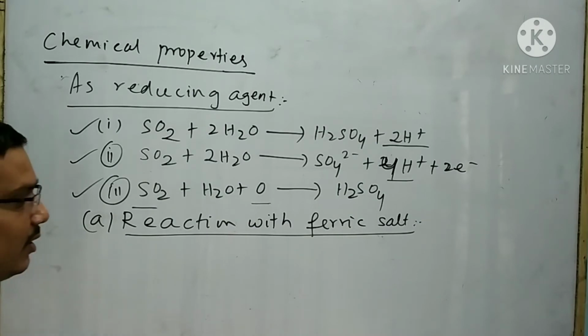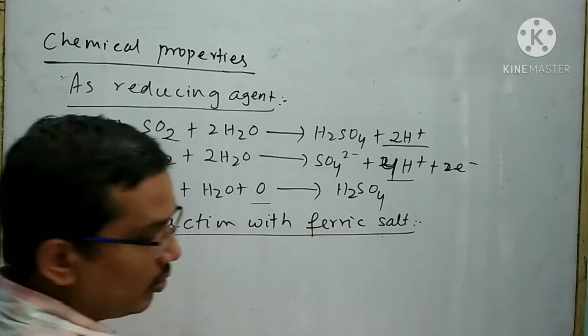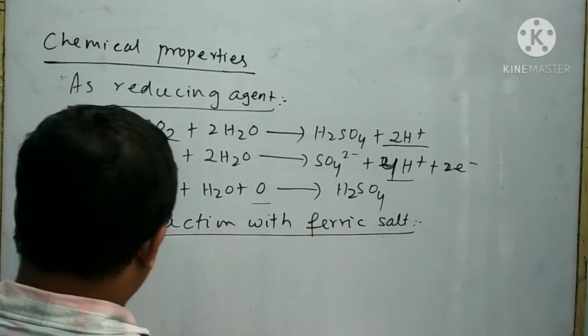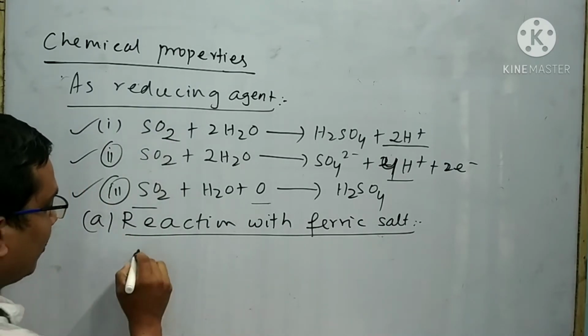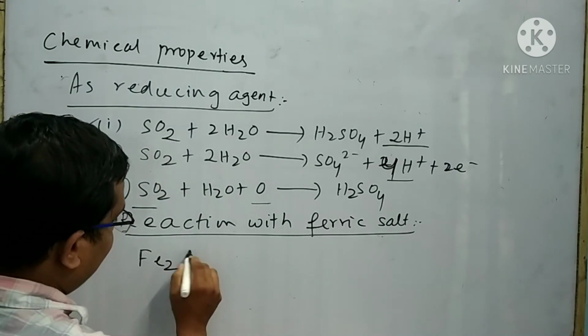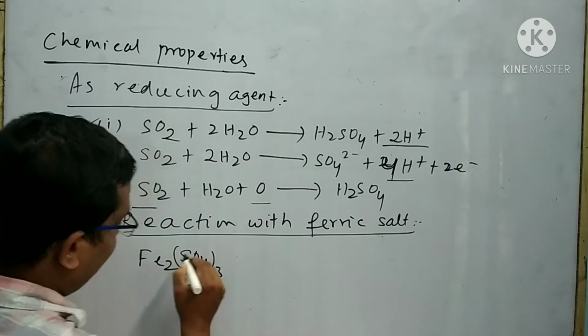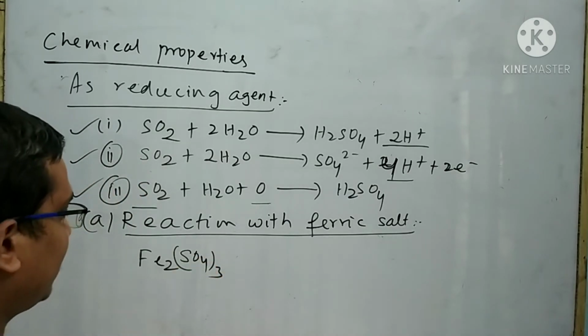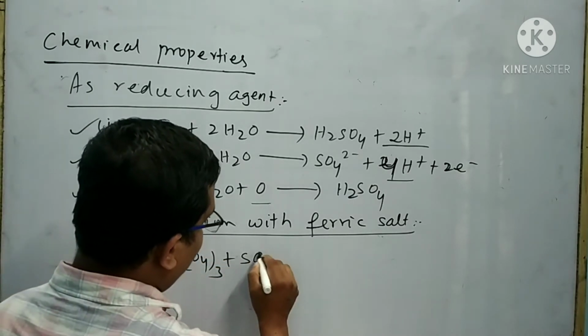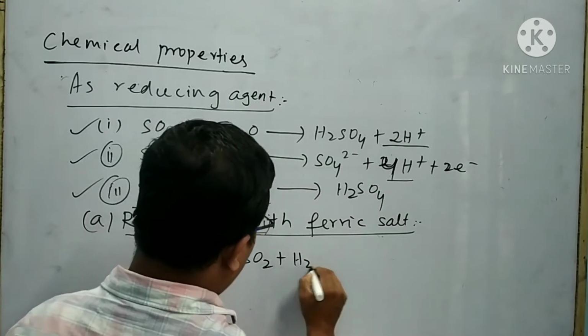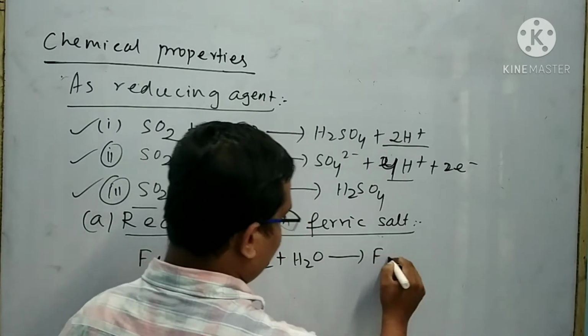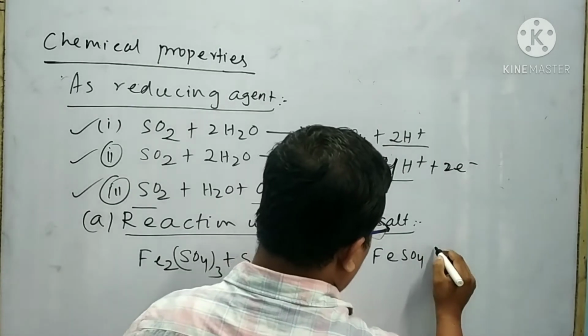Sulfur dioxide reduces the ferric salt to ferrous salt. Suppose I take an example, ferric sulfate. When ferric sulfate reacts with sulfur dioxide and water, then ferrous sulfate and